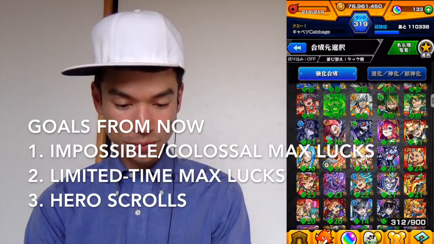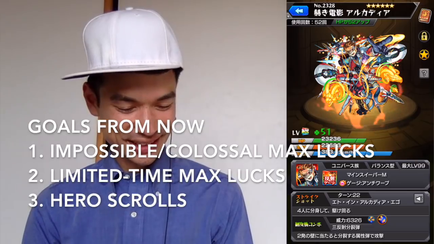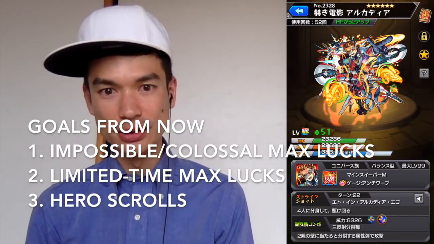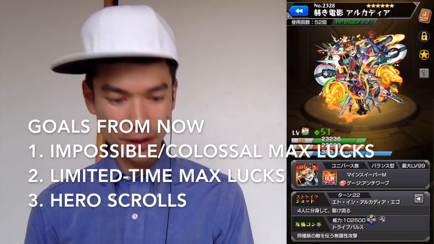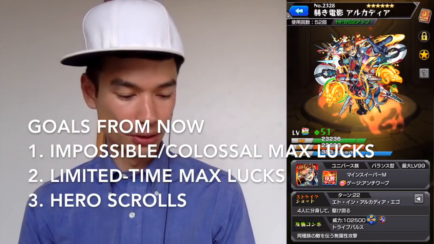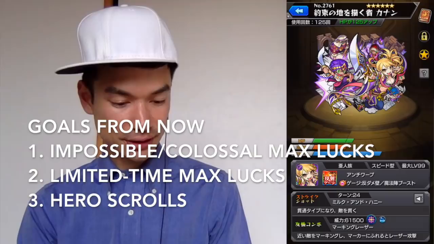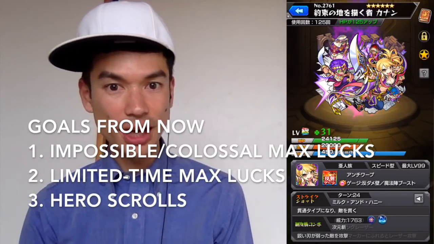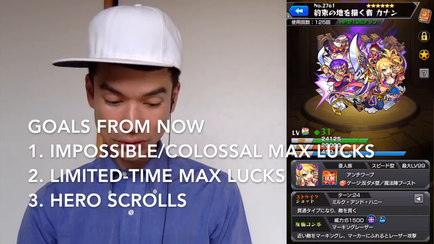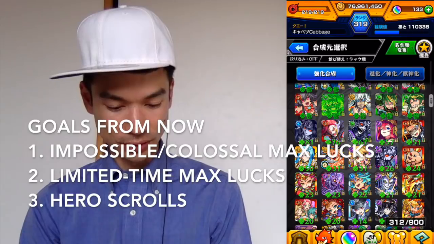My other next big goal would be Arcadia. He will happen. I feel pretty confident in his quest now, but it is taking a while. I still lose fairly often in his quest, and each run takes over 10 minutes, so just little by little I'm making him. And then last is Kanan. Same deal as Arcadia. She is going to happen, it's just going to take some time. And yeah, those are all top tier, probably top 10 Max Lux in the game, so really looking forward to